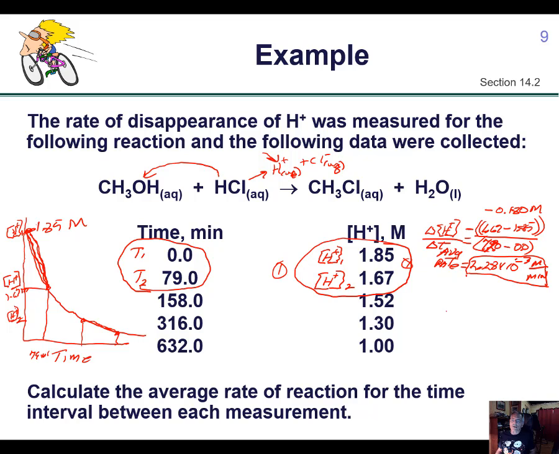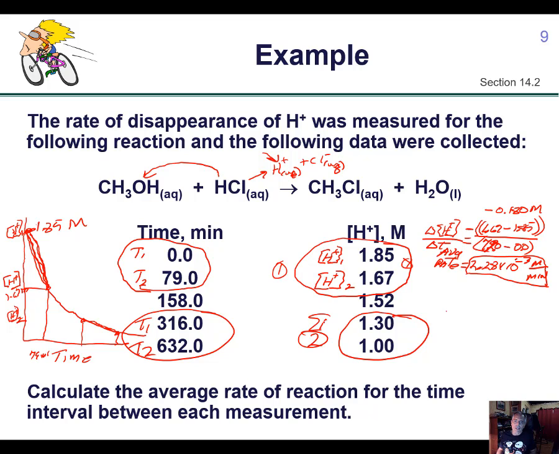So when we do that calculation, we get an average rate between these two concentrations, between 79 minutes and 0 minutes, the initial time, of 2.28 times 10 to the minus 3 molar per minute. Now what we want to do is examine the rate at a later point in time. And so this is now T1, 316 minutes. This is now T2,